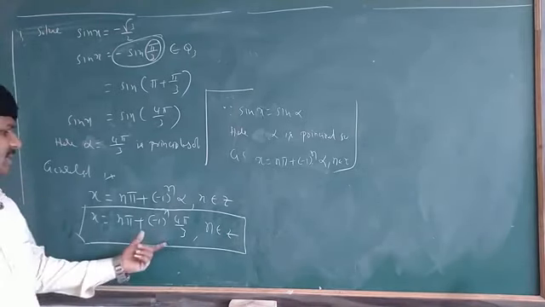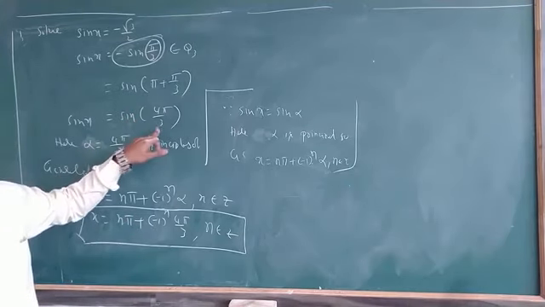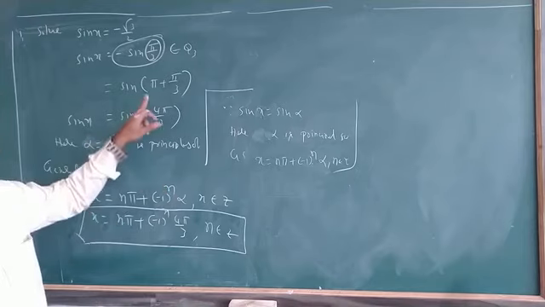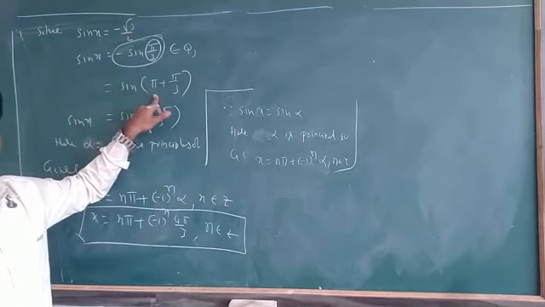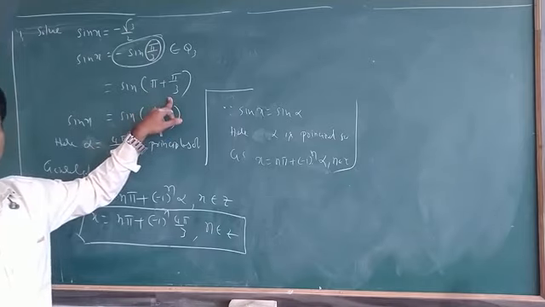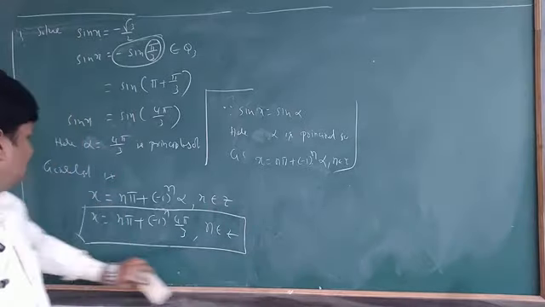Understand? So in this manner we have to find. That means to find the general solution, compulsorily what do we have to find? The principal solution you have to find. Very easy. You should just understand in which quadrant it lies and what value of angle we have to take. That much only you have to understand. Okay? So like this, some more questions we will solve, you can understand easily.